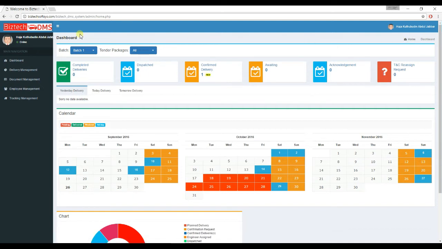It is showing the dashboard on the top, and by looking at the dashboard he will be able to see the completed deliveries that are dispatched, confirmed deliveries that are awaiting and need acknowledgement, and the TNC reassigned request, which is testing and commissioning reassigned in case an engineer is not able to accept his testing and commissioning work. And below that he is able to see yesterday's delivery, today's delivery and tomorrow's delivery